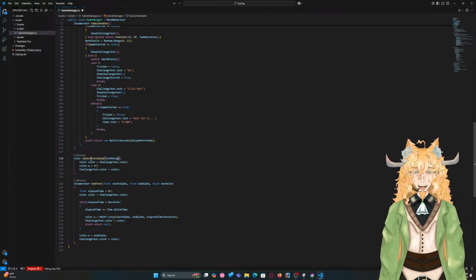TextMeshProUGUI text, comma, float new alpha,